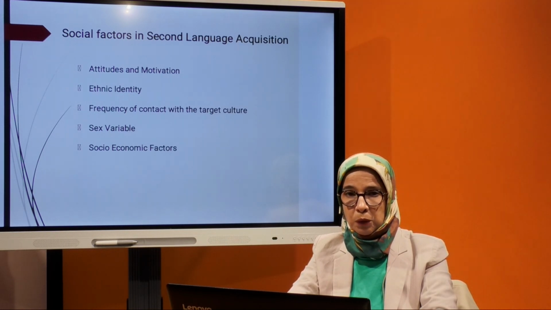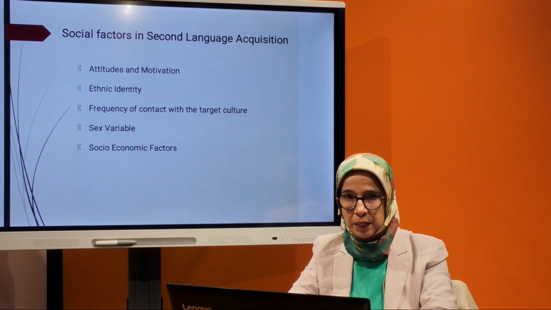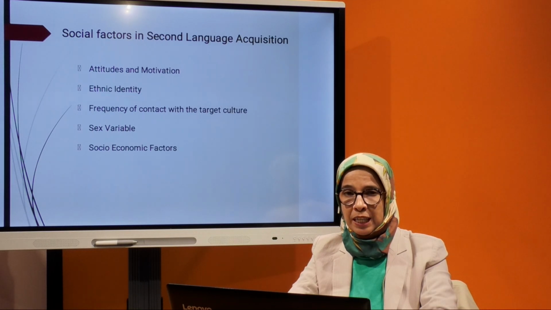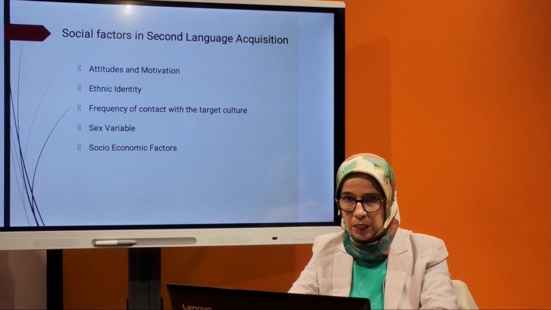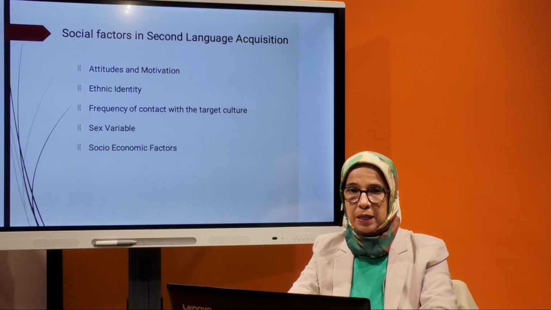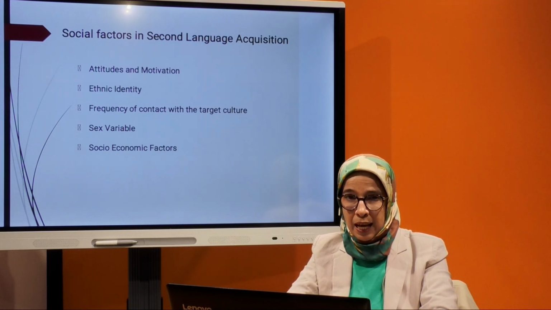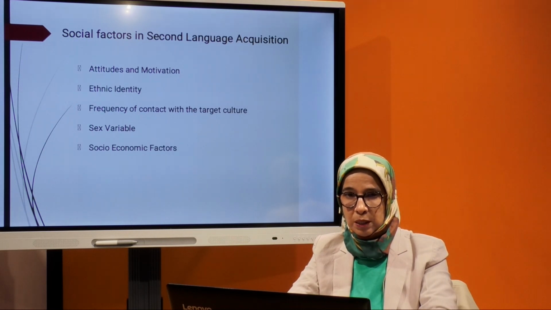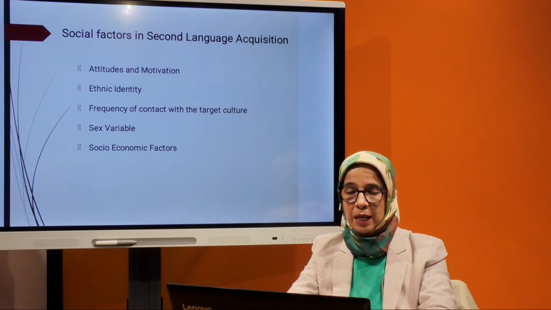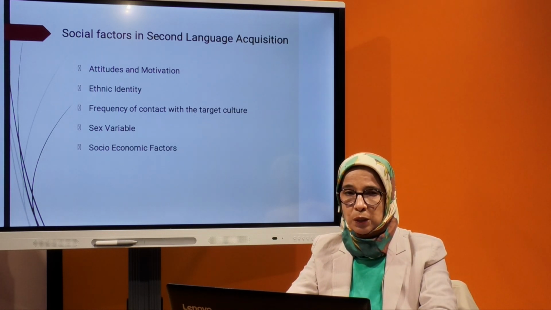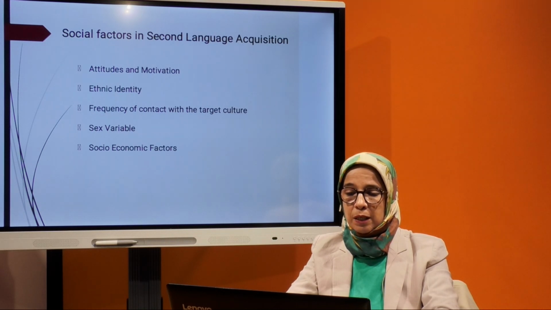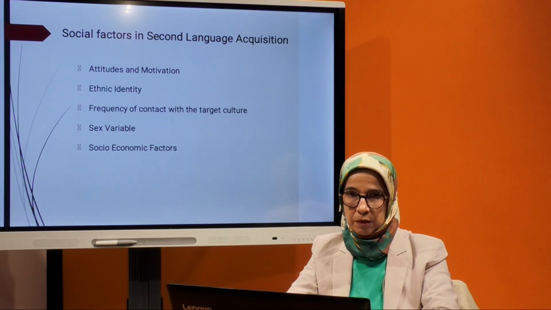No, we cannot generalize, because language depends on its speakers. Language varies through time and space. And in language, we have many variables that are contributing and intervening in the process of language acquisition. So that's why we cannot have conclusive